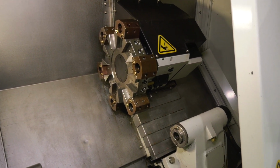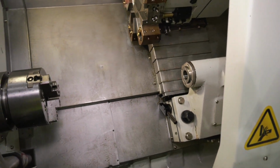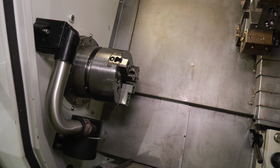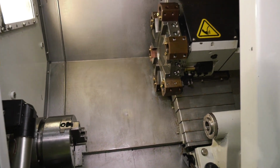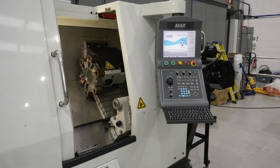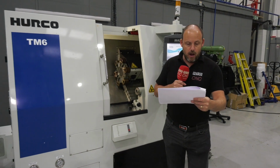The machine hours are 2,280, spindle hours 578. It's got everything you'd expect: a tailstock, a 6-inch chuck. It comes with collets. It is fully checked and ready to go, and has the WinMax 4 control on this machine. This can be delivered and installed at your workshop for